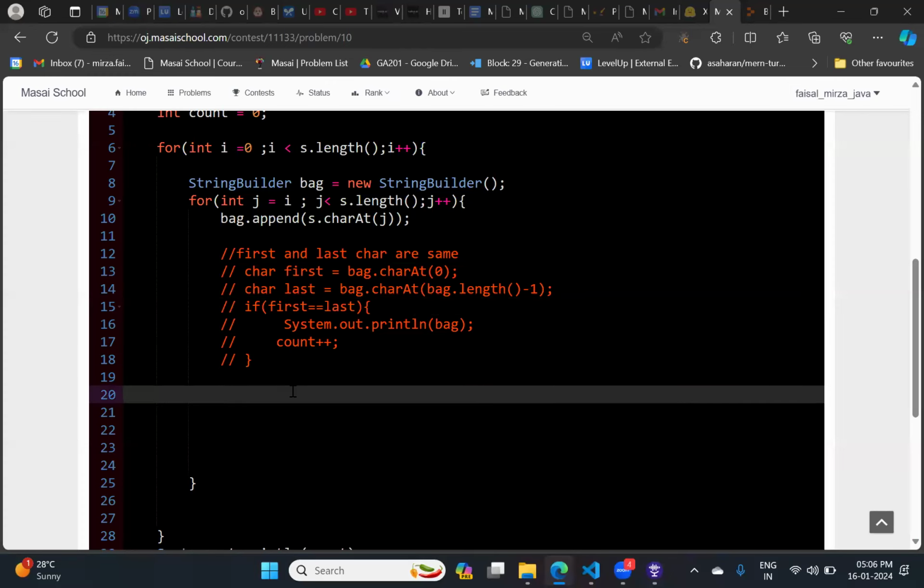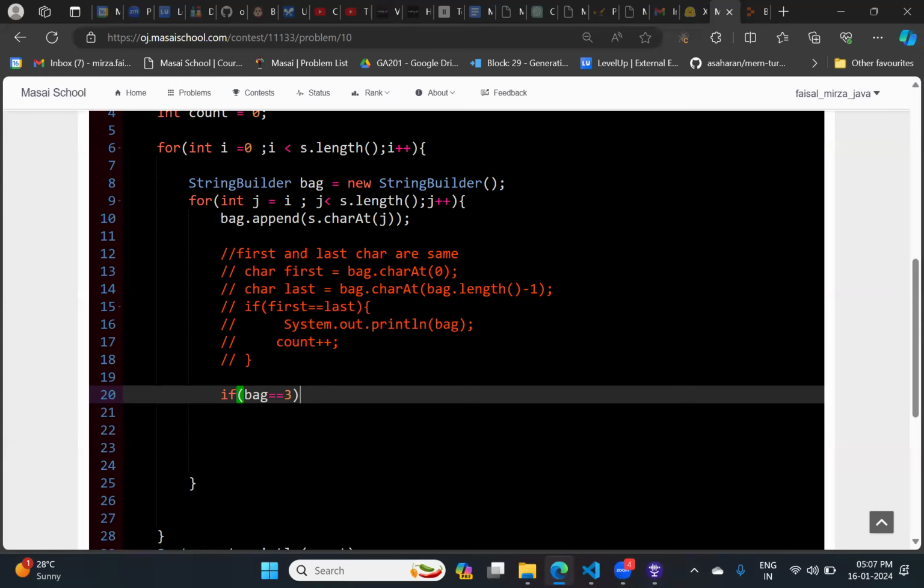We can check bag is equal to 3. You are telling that bag equals 3. Is this a way to check if the length is equal to 3? No, no. If we put an if condition, tell me, in the if, how to check the length? Which method do I need to apply?